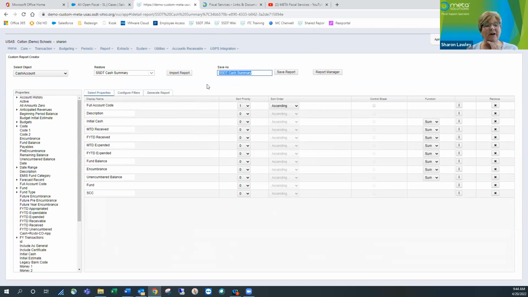Okay. So if you ever have an SSDT report that you say, oh, this is kind of what I want to do, but I want to make some changes to it. So let's start here at the beginning with this report. Then I'm going to go ahead and name it something different. So the very first thing I'm going to do when I come in here is I'm going to name it something else, and then I'm going to save it. So that way it is now on my report manager under my name with a different name than the SSDT's report. Because once you start going in here and you start making changes to those, if you didn't realize that's what's happening, when you go back to the report manager, you're going to see